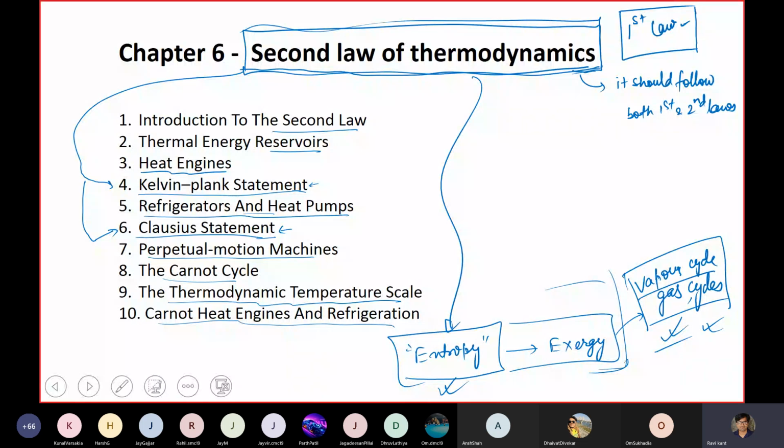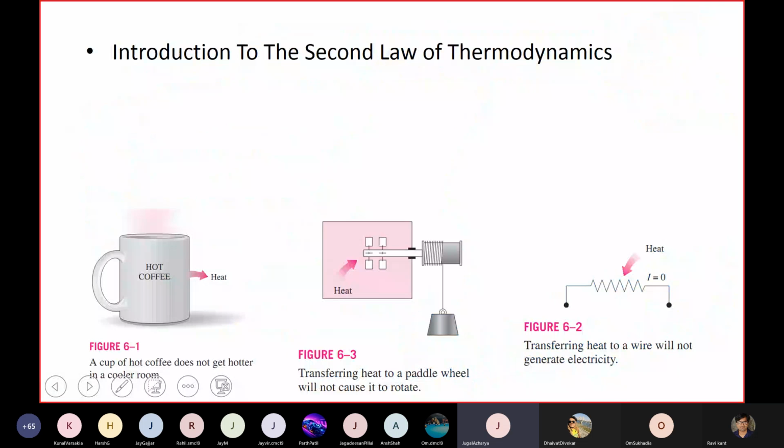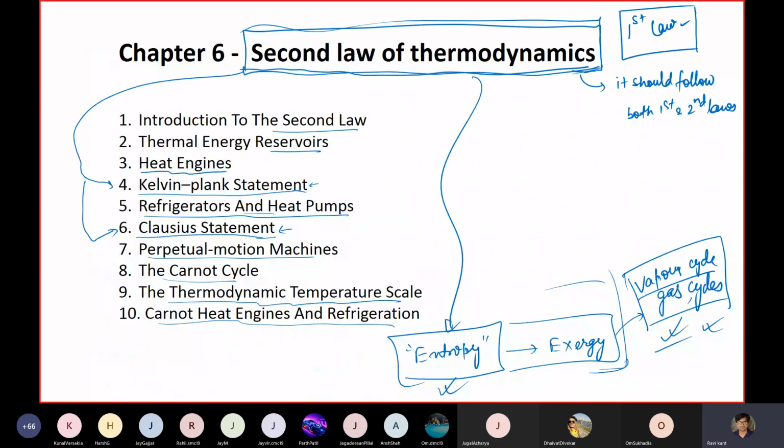Sir, is this chapter included in the internal assessment on Thursday? No, it won't be. Although it comes in unit 1, we have covered unit 1 and unit 2 interchangeably, so whatever I have covered till the first law, we'll ask that. Sir, one more question. Sir, can we expect the questions that you gave in the previous assignment in the exam? Similar questions you may expect. Okay, sir.